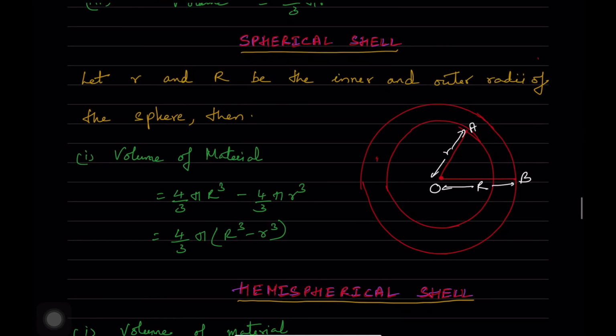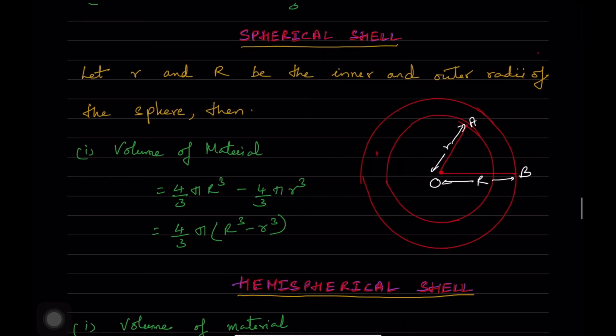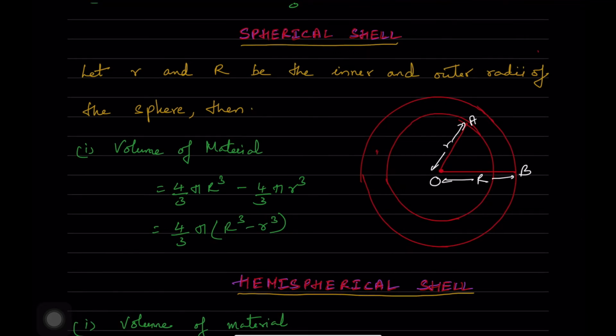Now going into what is the spherical shell. Now you have a shell, a spherical shell, that also has an inner radius and an outer radius of the sphere. Then the volume of such material is equal to, with the thickness it has, that's a sphere. So when we are taking such a spherical shell, then we have to use this formula. The volume of the material is equal to 4 by 3 pi capital R cube minus 4 by 3 pi small r cube. You can see what is the capital R and small r. Therefore the formula for the volume of this type of material is 4 by 3 pi, capital R cube minus small r cubed.